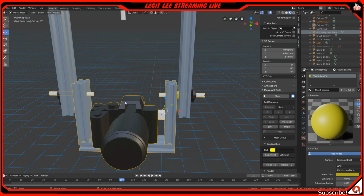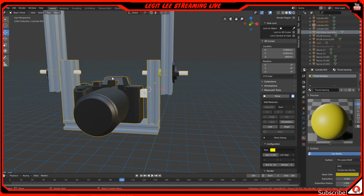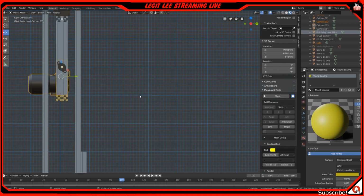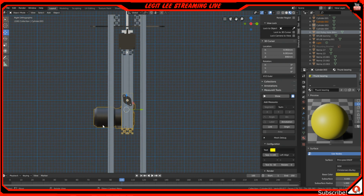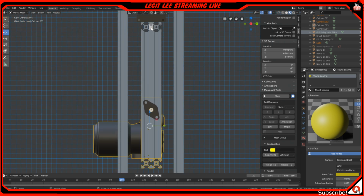So if I ever need to put my shotgun mic on top of the camera, I can do that. The only bad thing is that if you do put a shotgun mic on, you won't be able to do a 360 degree rotation. What I mean is that this is actually enough free travel to spin all the way around without smacking anything up here. So if I do